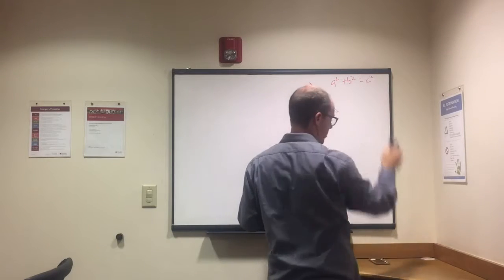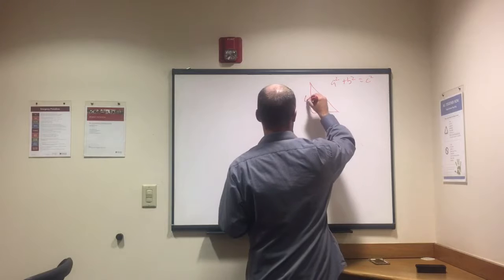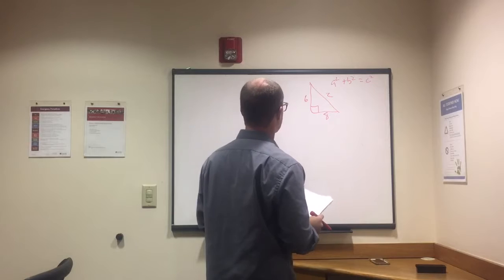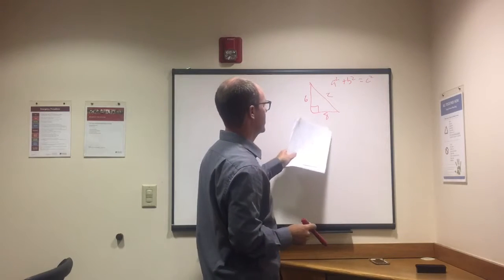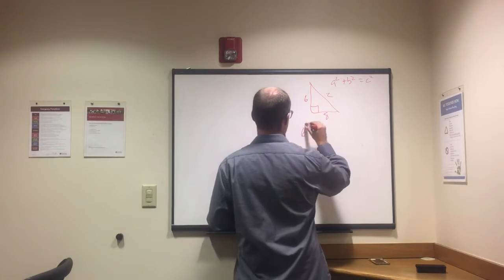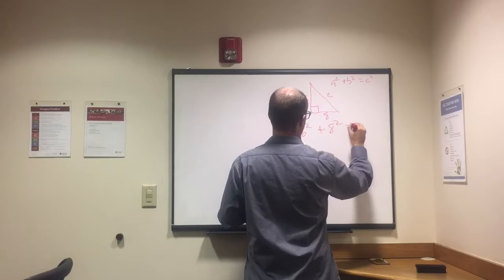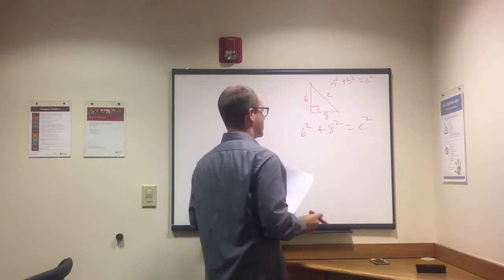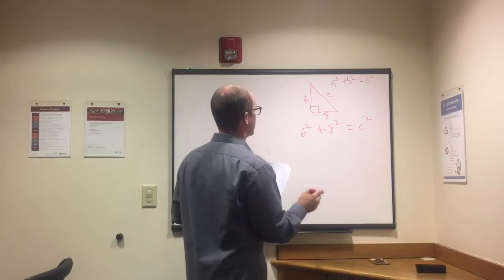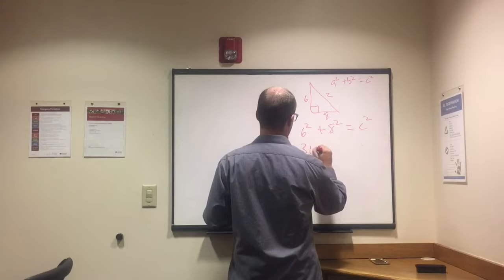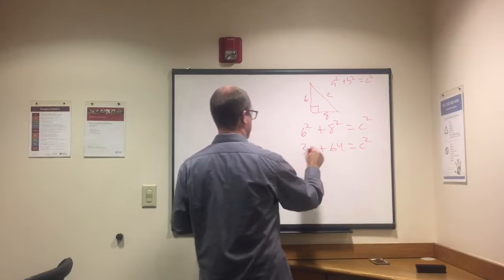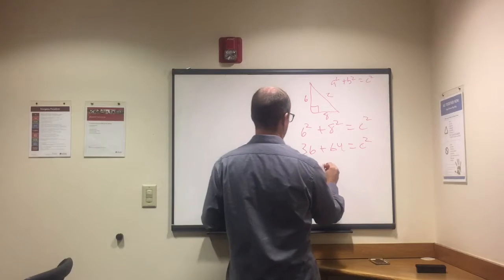Again, if it's not a right triangle, then a squared plus b squared equals c squared does not exist, and the rule is no good for us. Okay, so here we have a is 6, b is 8, find c. What is the hypotenuse? Right, we plug it in. 6 squared plus 8 squared equals c squared. Okay, so there's that. Okay, what else do we need to know? Right, from here, 6 squared is 36. 8 squared is 64 equals c squared. 36 plus 64 is 100